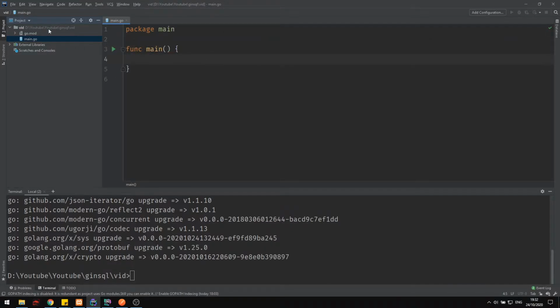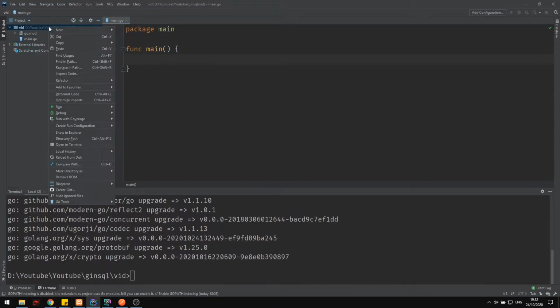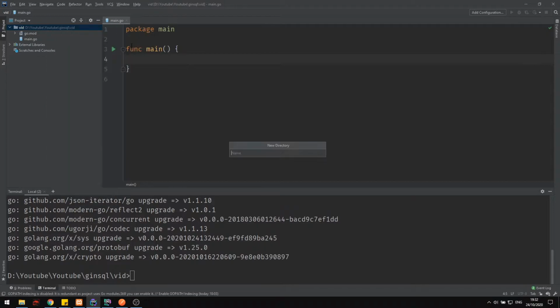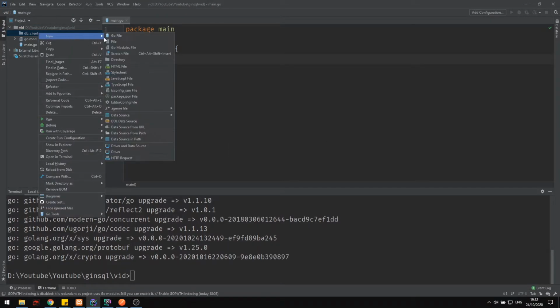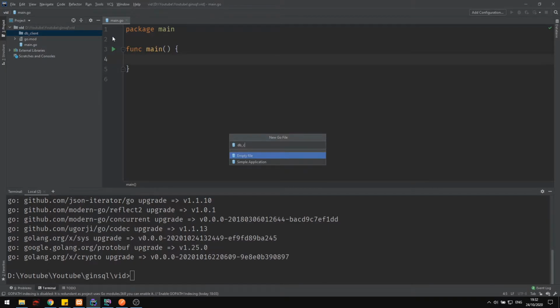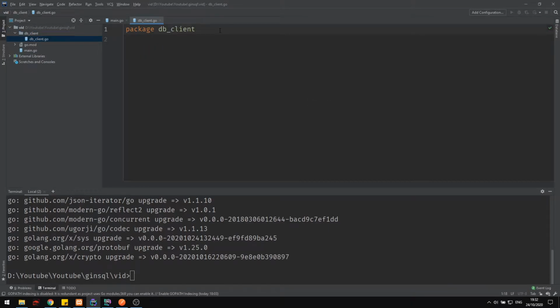Okay, now that we have those two, let's create a main.go file with our main package and our function main. What I actually want to do is create a database connection that can be used throughout the entire project. So I'm going to create a new folder, calling it db client. Now within db client, I'm just going to create a Go file, db client.go. So this is going to be our db client package. And in here, I'm going to create a function that is actually going to connect us to our SQL database. Your SQL database should already be running at this stage. So I'm just going to name this function initialize